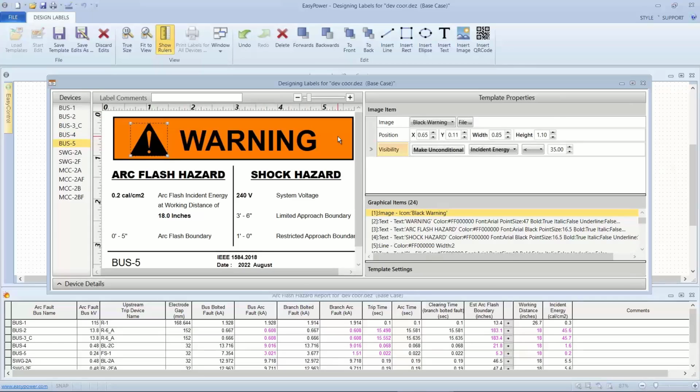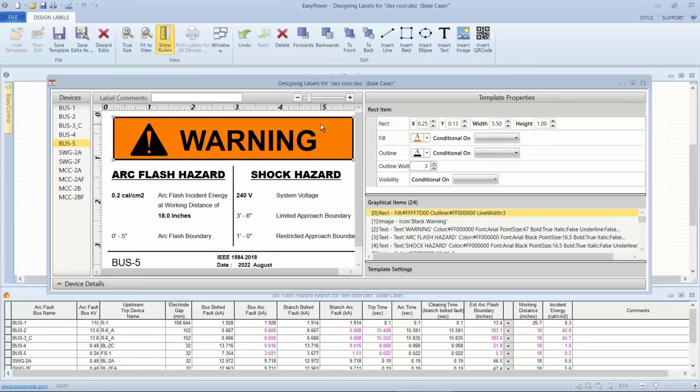All right, so that's that warning image. Next, I want to change the color of the background rectangle of the warning. I've selected the rectangle. This shows me the geometry and the default fill. And what I want to do is make the visibility conditional upon, well, before I do that,